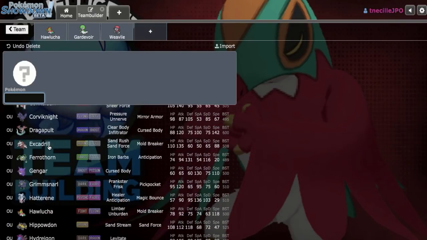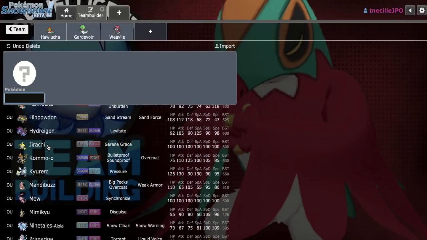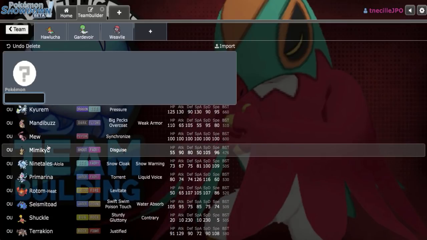What I want to do now, though, is get some hazards on the board, because every time I use SD Weavile, I feel like having hazards up makes the difference between the opposing Pokemon being in range of Ice Shard and not being in range of Ice Shard, so it's basically forced right now in the metagame